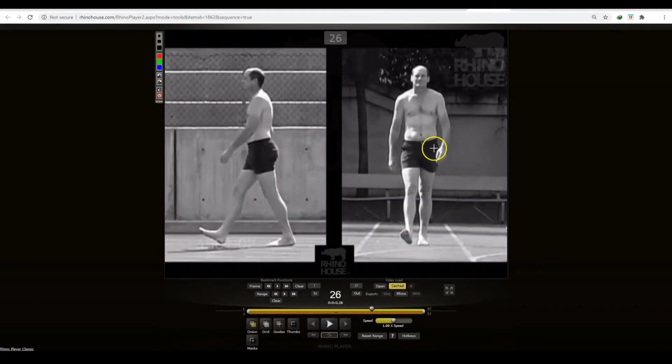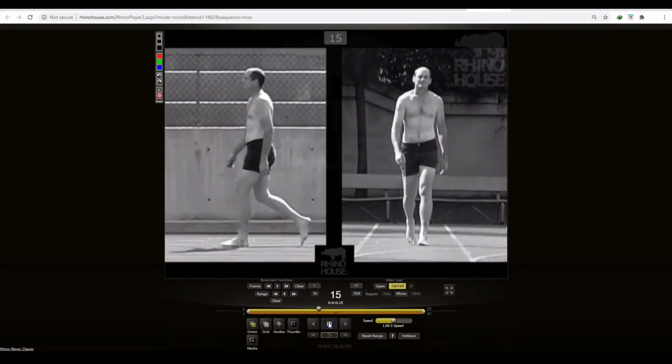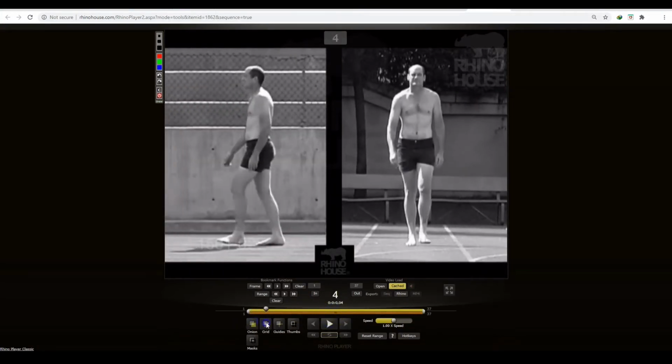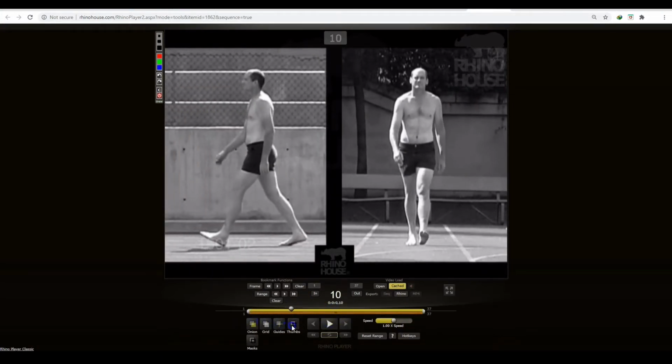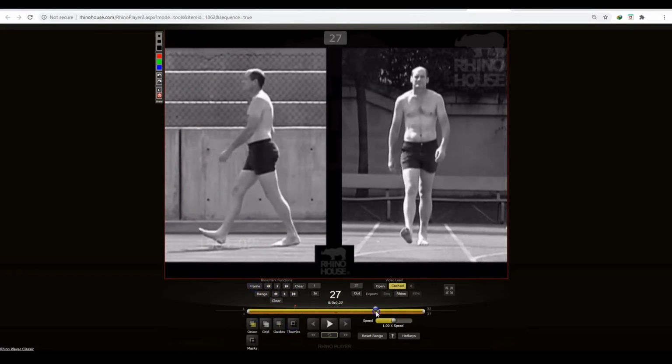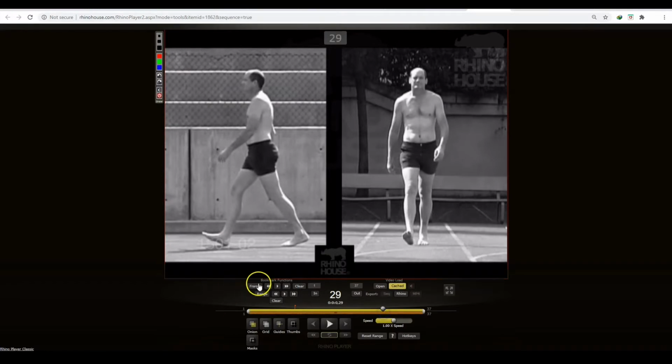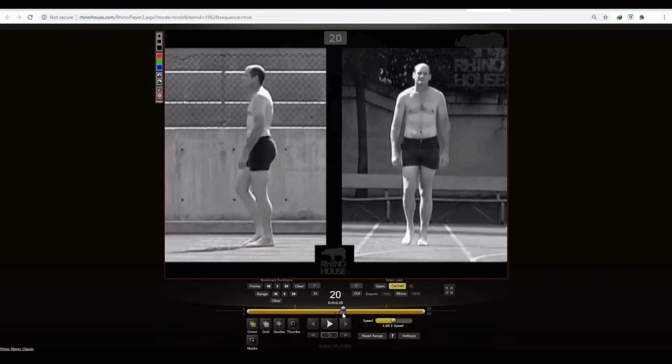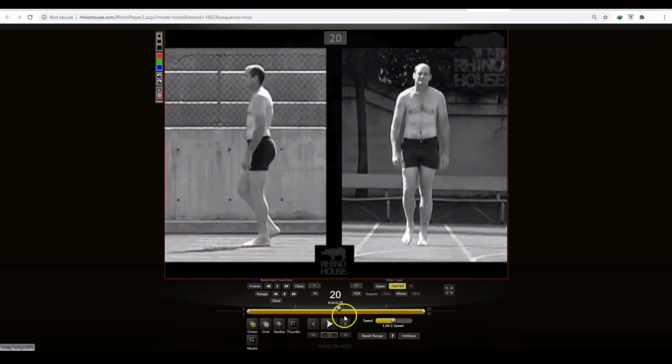Once you get this, you can study frame by frame how it works, how the contact pose goes, contact to contact. Then you can see the passing pose.